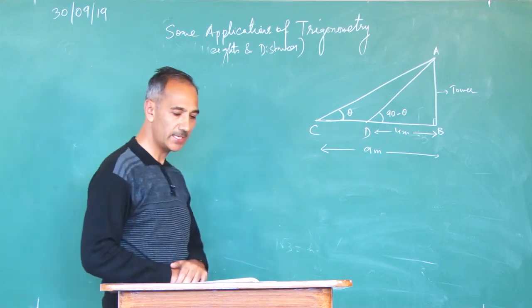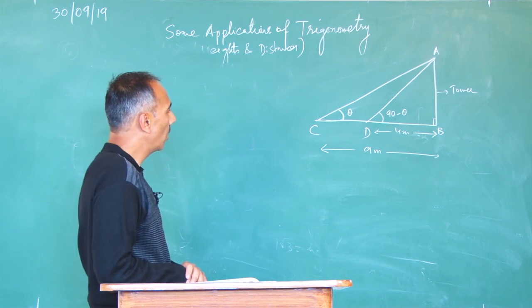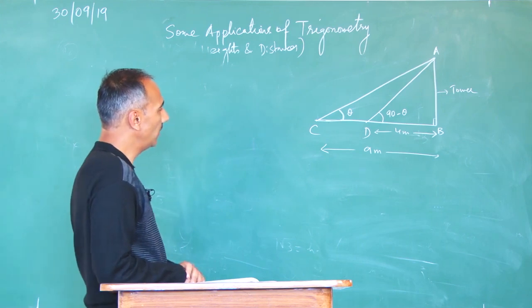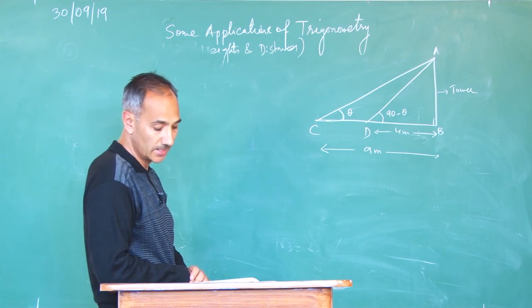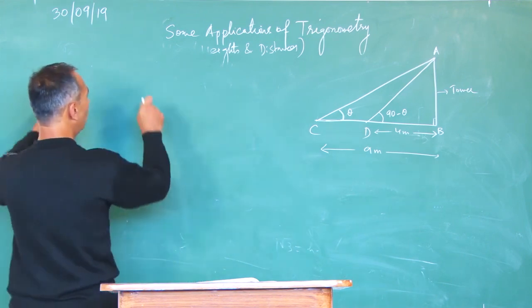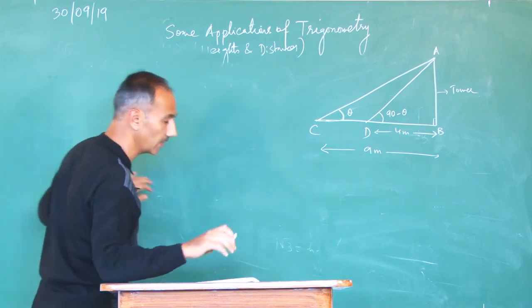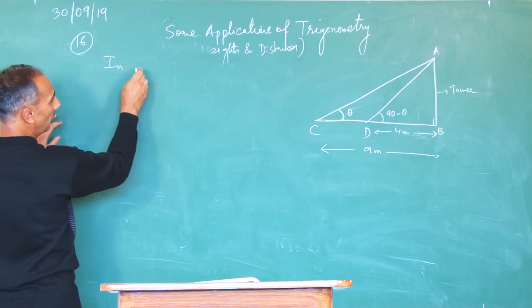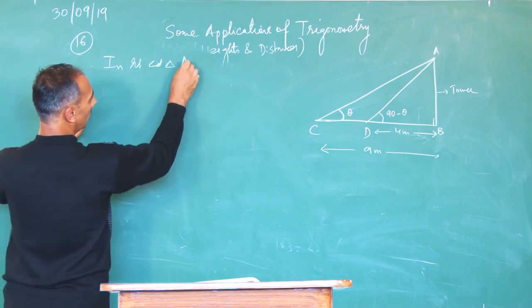So these 2 angles are complementary. C and D are complementary. Let angle C be theta, so D will be 90 minus theta. Or if D is theta, then C is 90 minus theta. BC distance is 9, BD distance is 4, AB distance is not given, that you have to prove, that is 6 meters. This is question 16 of your NCERT textbook. Now in right angle triangle ABD,